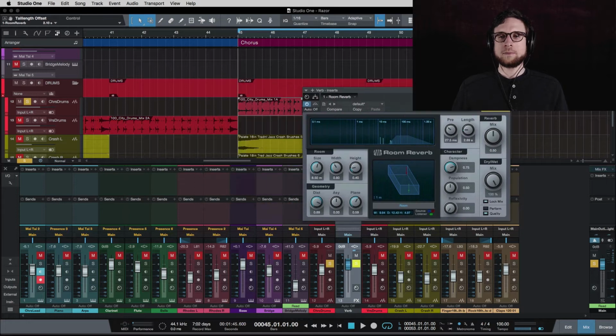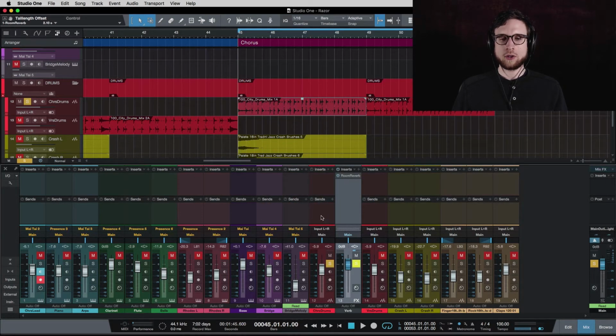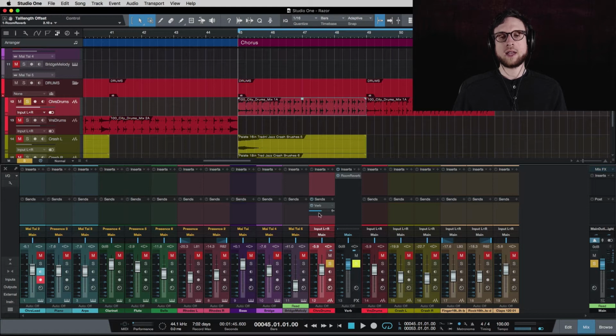So now I'm going to go to my chorus drums, go to my sends here, add a new send, and say verb. So now what's happening is that the audio signal is coming into the top of the channel strip. There's no insert, so it continues on. And when it hits this, a copy is made of the signal, and the copy is being sent to this effects channel, which is a bus, and the original one is still going through like normal. So when I play this now,